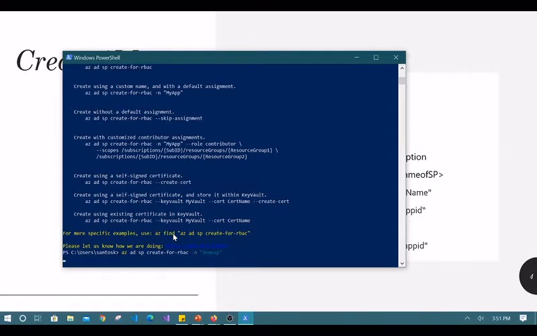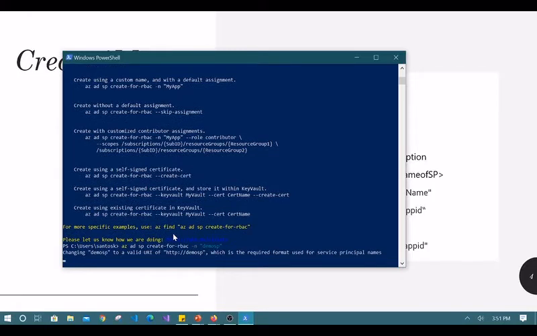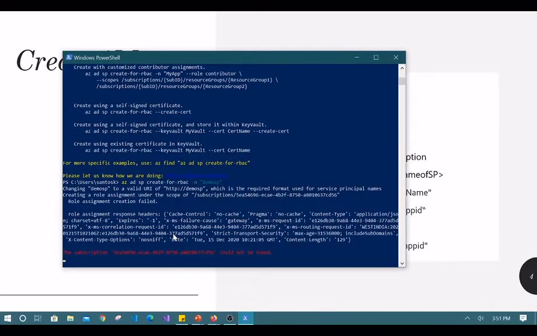So basically it should fail, I guess. So let's check whether it is failing or not. All right, so it is failing. Why? Because I have logged in with the account that has no subscription associated to it,